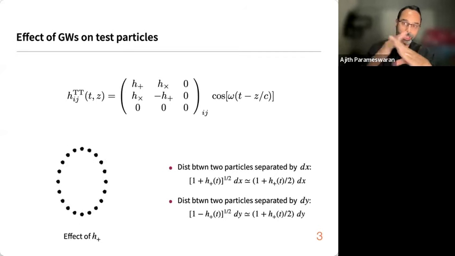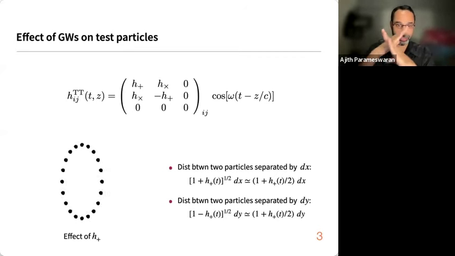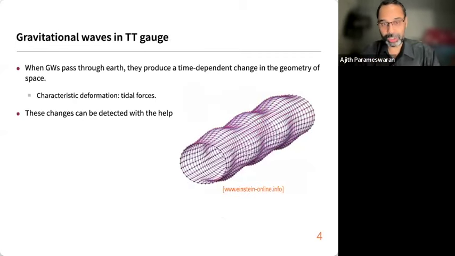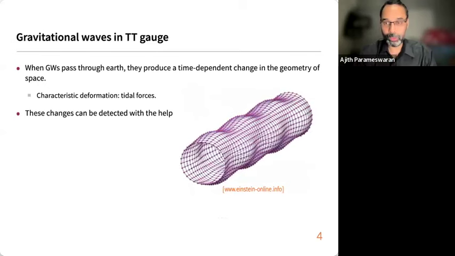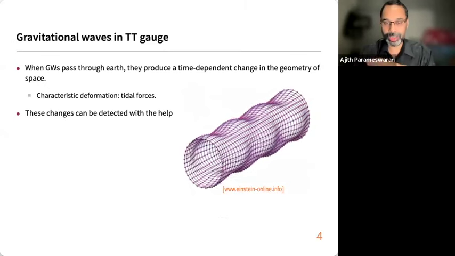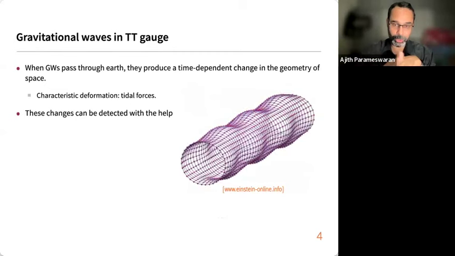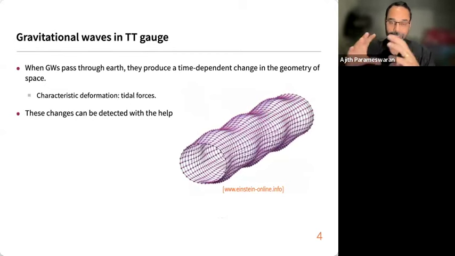So that's why it's called a cross type signal, while this has a plus kind of shape. So this is what one would hope to detect using these interferometers. Here's another animation of how these gravitational waves are propagating through space and how it is basically disturbing the